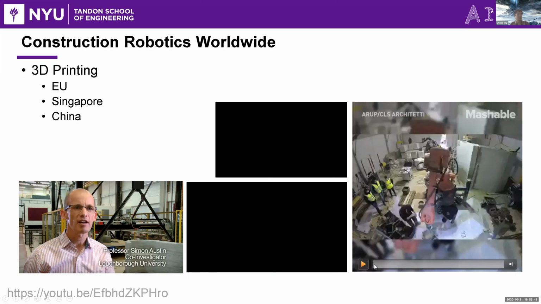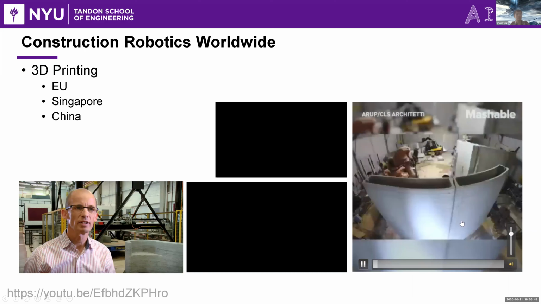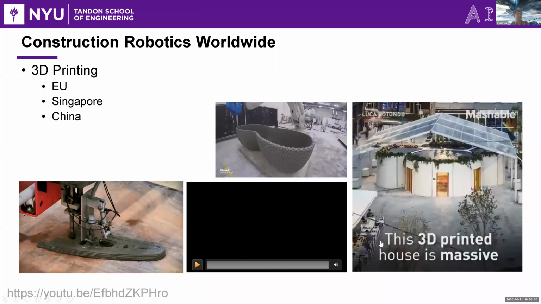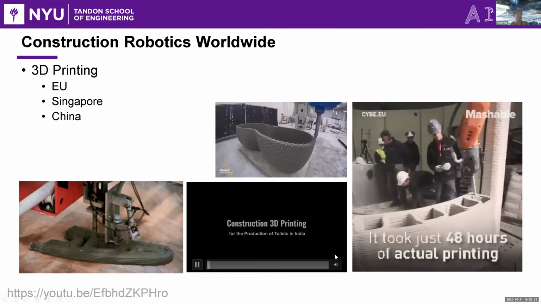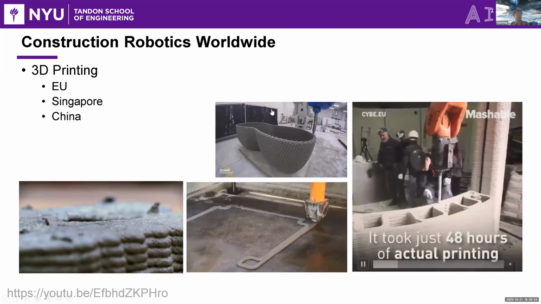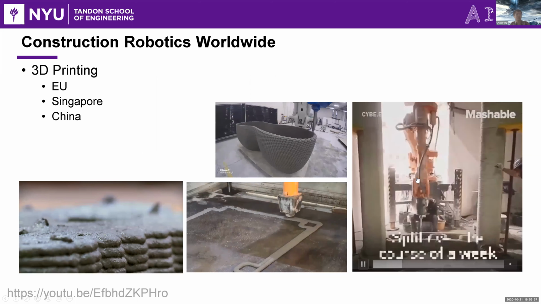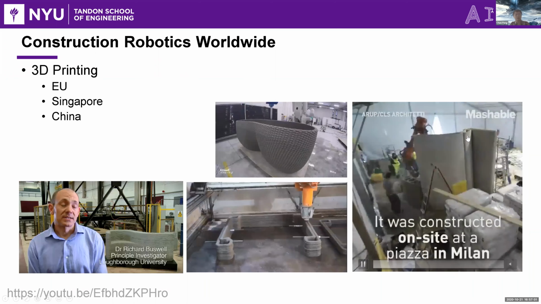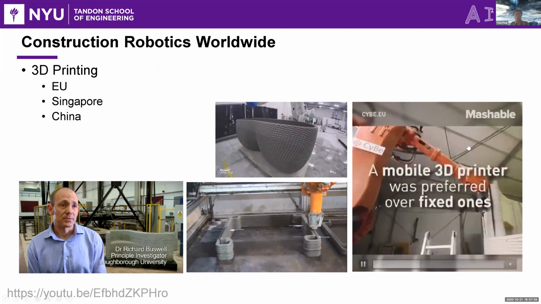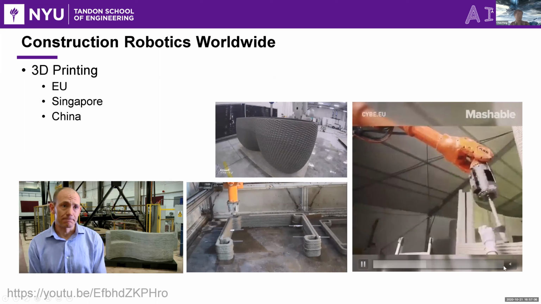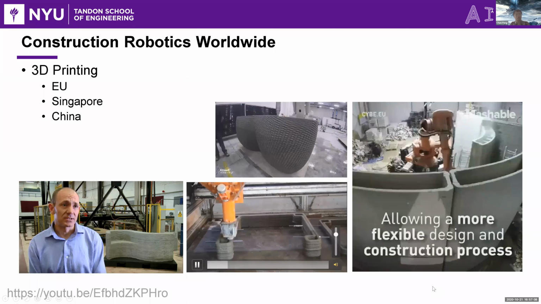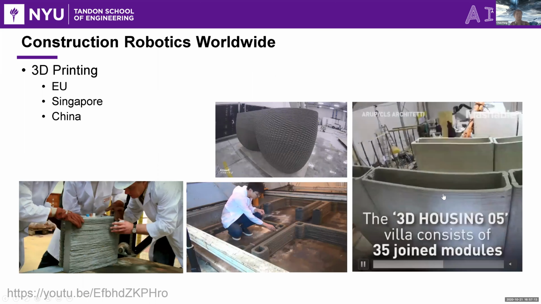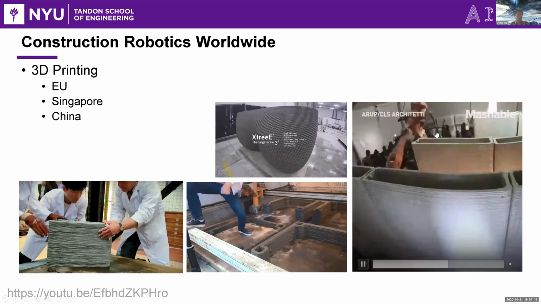And we see many similar works happening worldwide, in Europe, in Singapore, in China. The key feature is they have this robot sitting on site and print a concrete structure. Of course, a lot of times the reinforcement is a problem, but researchers are developing different technologies to solve that by using polymer reinforcement, and so on and so forth. Okay.